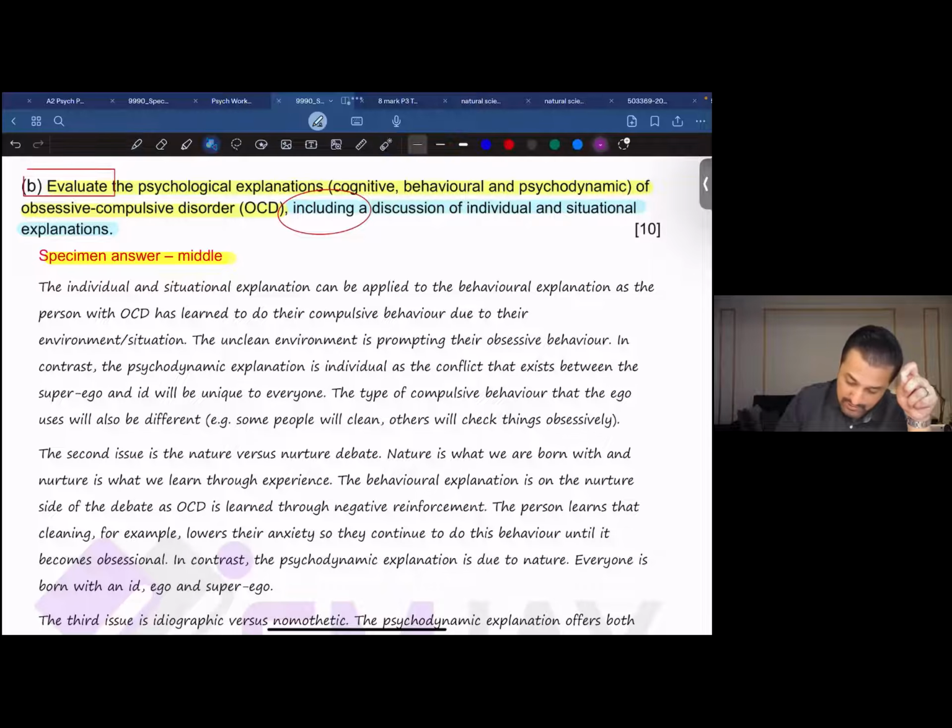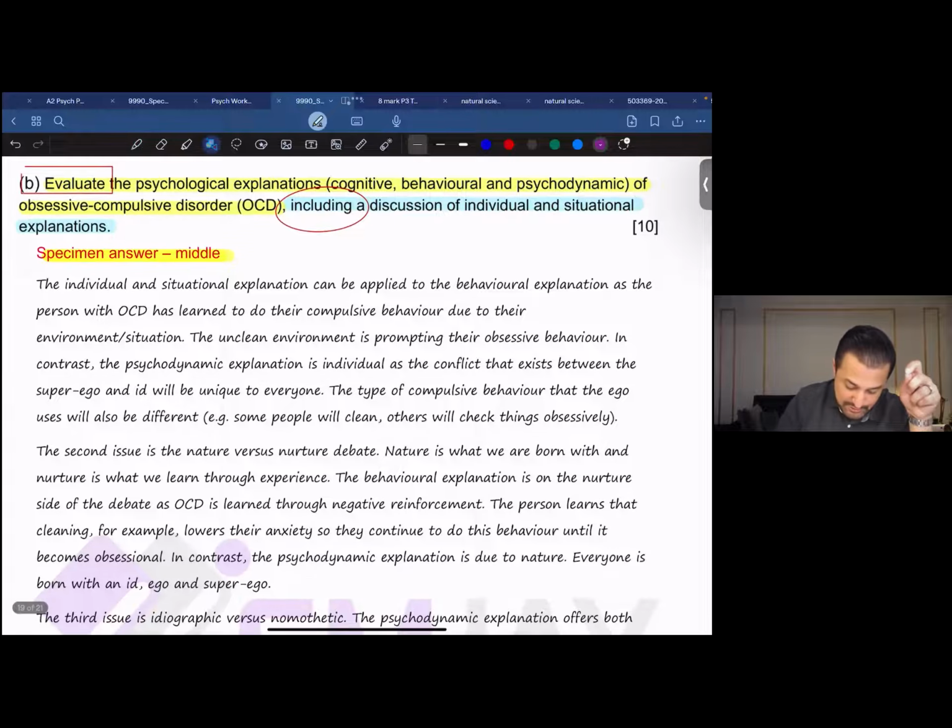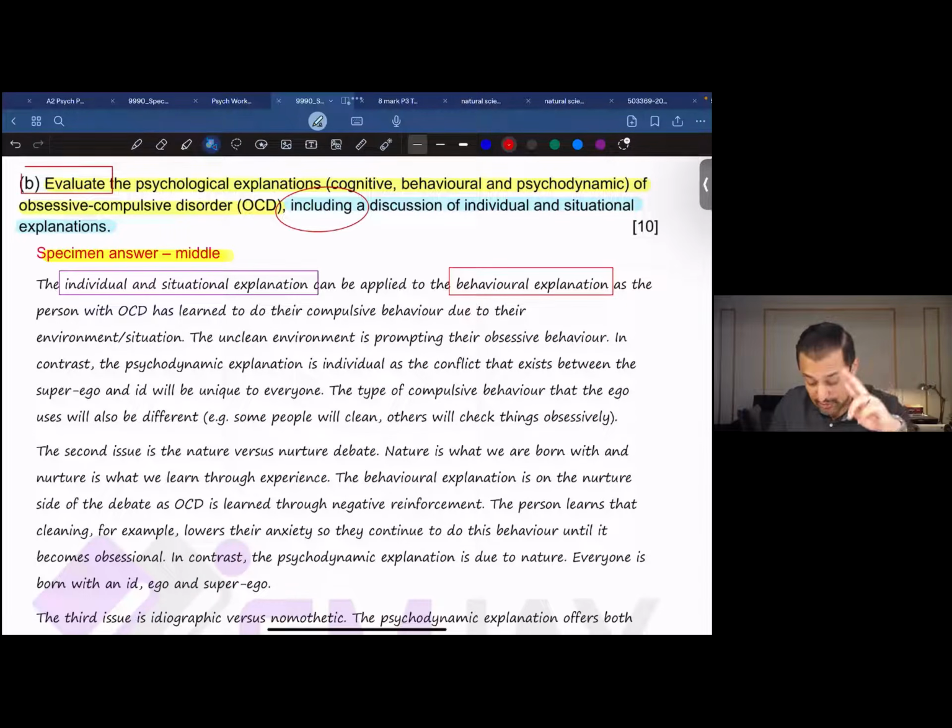So, what are we talking about here? The individual and situational explanation, this is our named issue, can be applied to the behavioral explanation, as the person with OCD has learned to do their compulsive behavior due to their environment or situation. The unclean, now this is where the development of the point begins. The unclean environment is prompting their obsessive behavior. In contrast, now, see, so this explanation starts over here and ends right away. Moving on, we have another